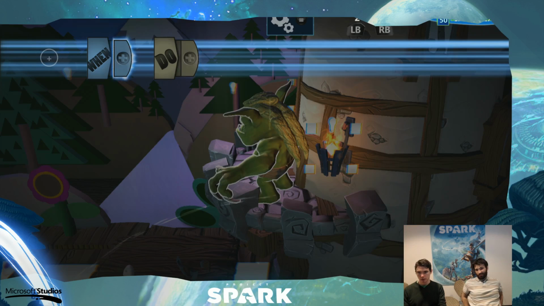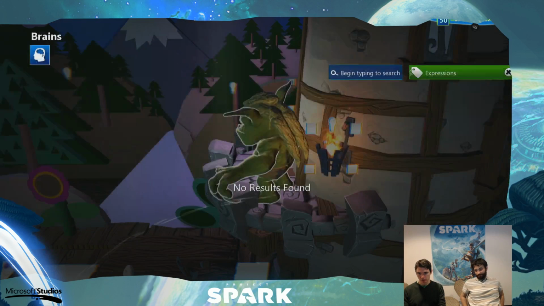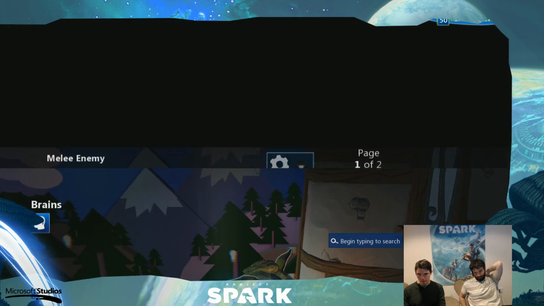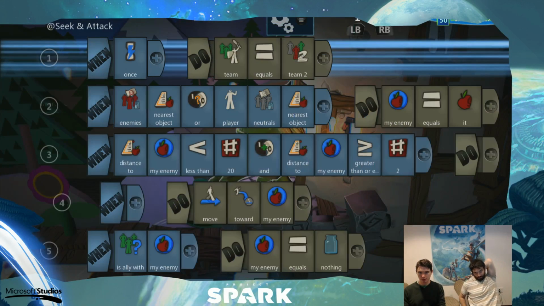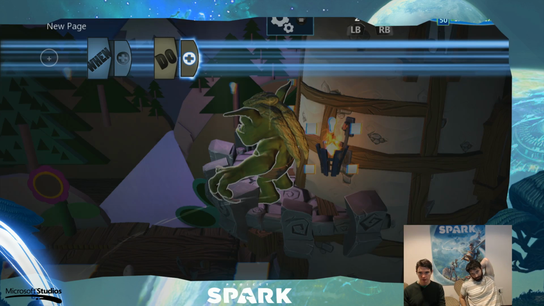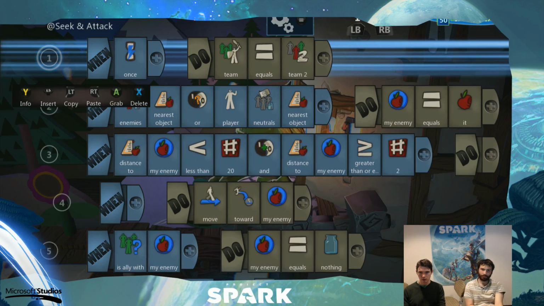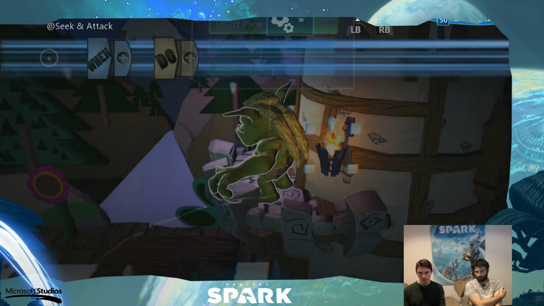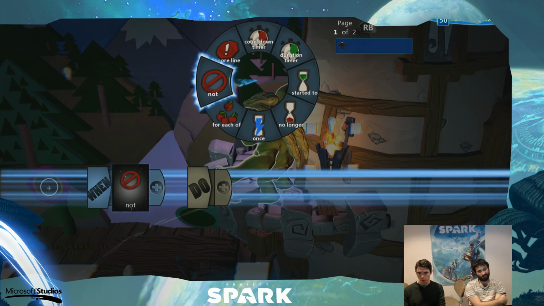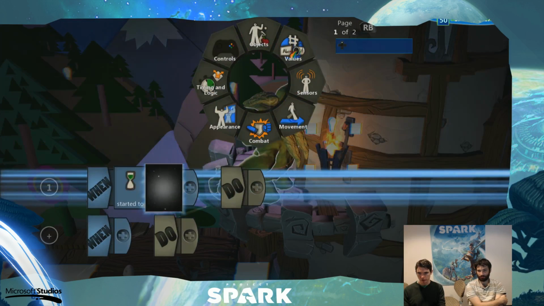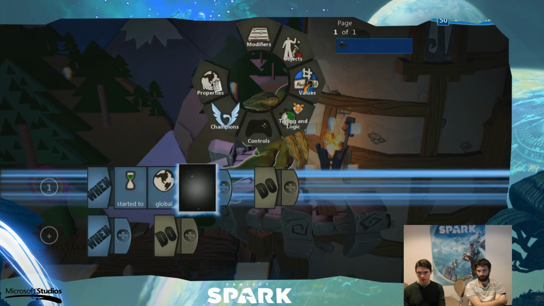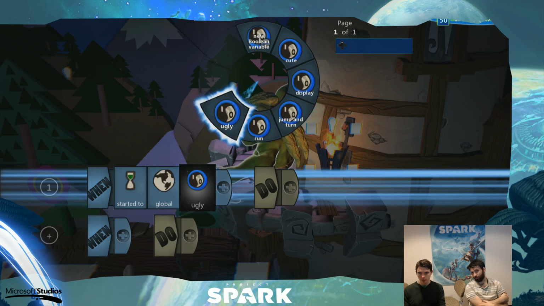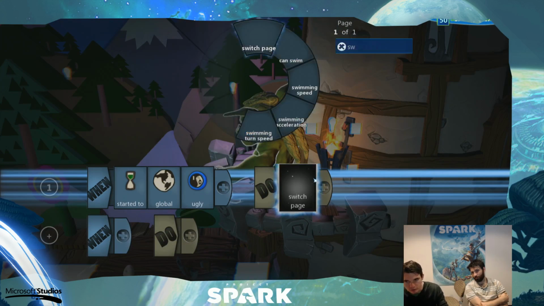But I just want to put in here, let's go to the brain gallery, and let's just bring in the default enemy brain here. So we have the default enemy brain happening on page 2 at Seek and Attack. So I want to insert a page in front of that. And now I want to do when started to global ugly. Then I'm going to switch page